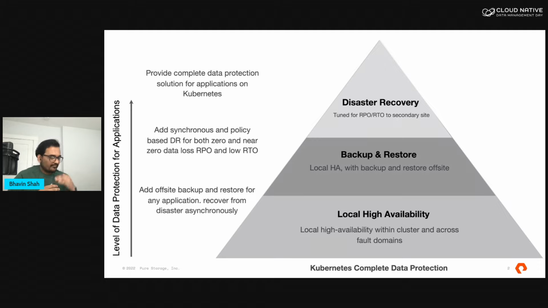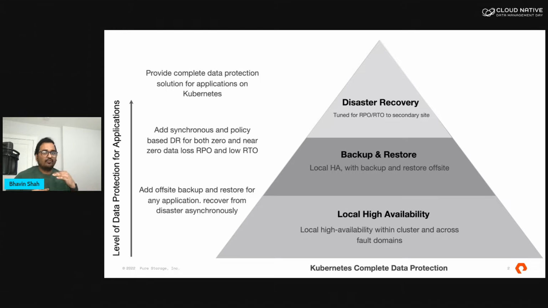That's local HA. Next step up is you want to protect against region failures, and this is where you should store backups. Not just of your persistent volumes, but all of the different Kubernetes components. And if we look at the previous sessions that we have done, we talk about how backing up containerized applications is different from backing up just virtual machine based applications. So we look at a solution around how you can back up your application, store those backup snapshots in an S3 bucket, and then restore them to a secondary cluster as and when needed.